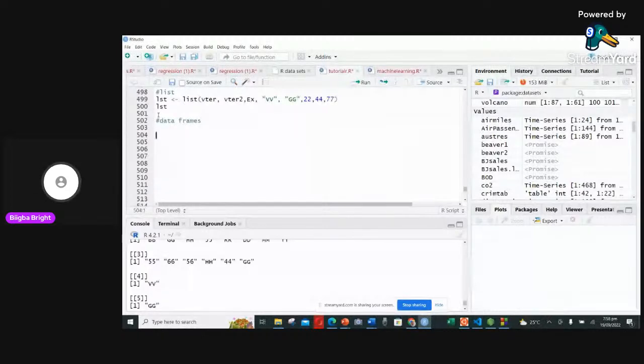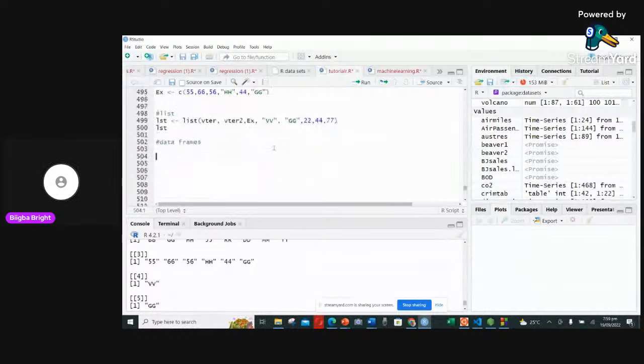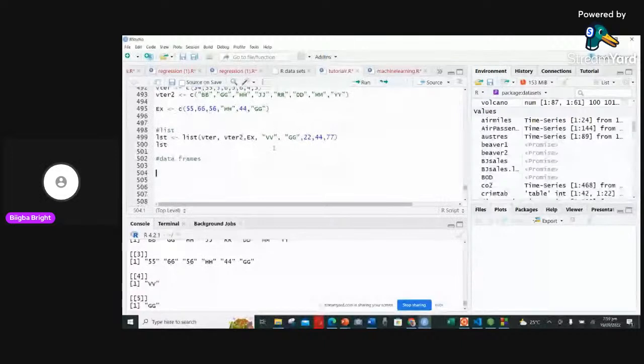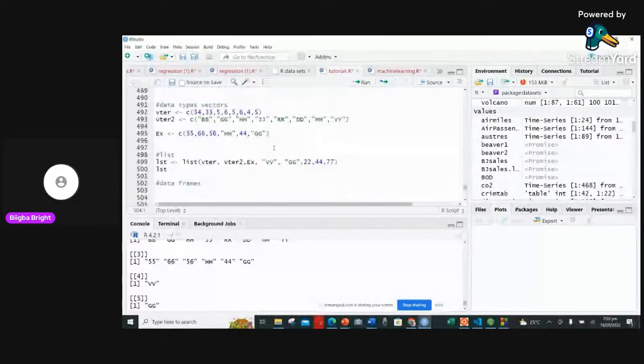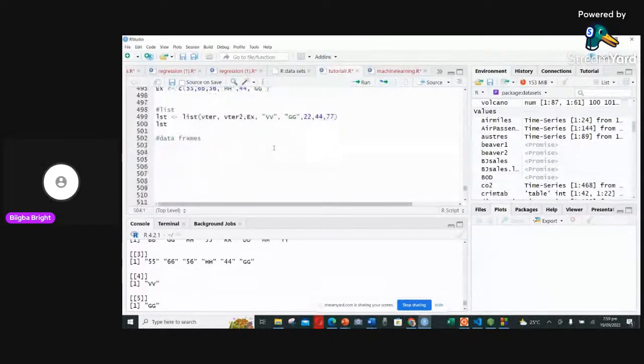And I remember that I said the data frame is simply combining your, let's say you have your vectors already that you have created. You can actually build a data frame of those vectors. For instance, I've already built vector 1 and then vector 2. Now, I just say, my data,